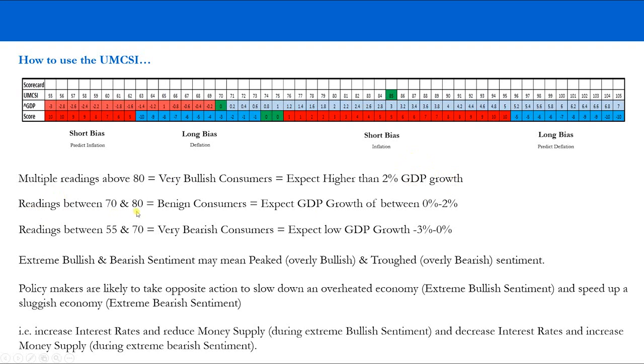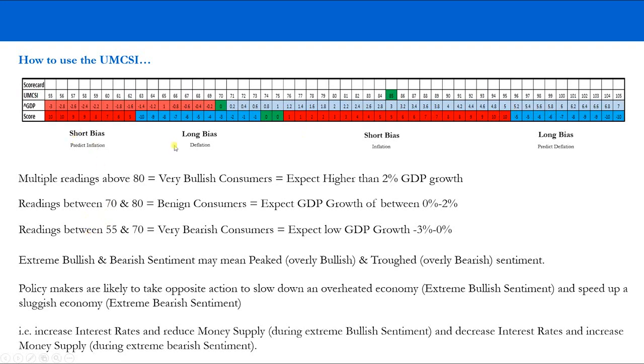Readings between 70 and 80, we're expecting benign consumers because we get GDP growth rates in the future of 0 to 2%. And if we get readings between 55 and 70, historically this is consistent with low GDP growth, so contractionary levels of 0 to minus 3%, and we get very bearish consumers. And in our zones here, we'll explain these in a second,